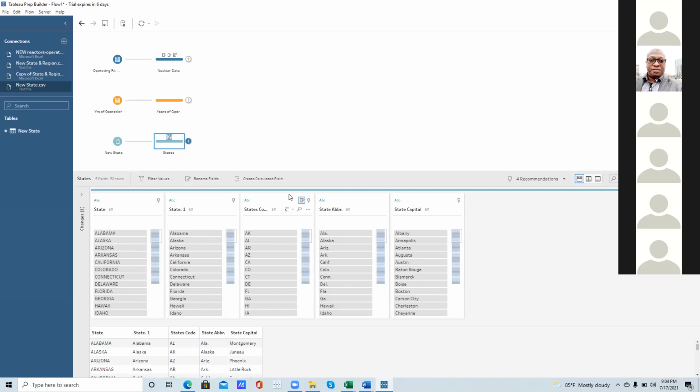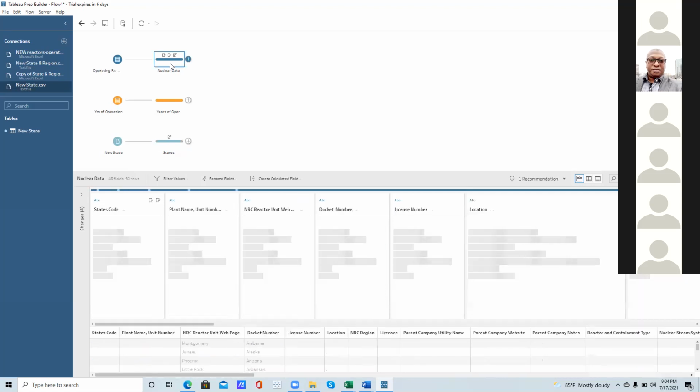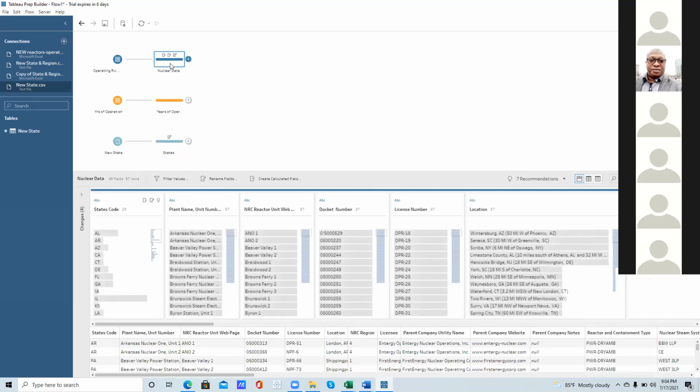Click on that nuclear data. Let's see how you named your state code. So it's state code, so we're fine. Do you understand what I'm saying? If you look at the extreme end where we have states code, it's written states code, right? Now on your state, the state that we have, click on that state.